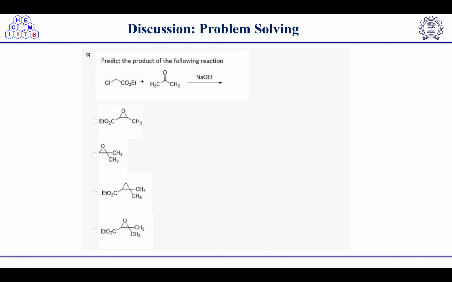Predict the product of the following reaction. Okay. So here again we have one ketone group and the other one is ester, right? So which type of reaction is this? We have discussed earlier, right? When we have ketone and ester, that reaction was a Knoevenagel reaction, right? Remember? So the proton which is acidic is here, H. And this sodium ethoxide will abstract the proton, and it will form a